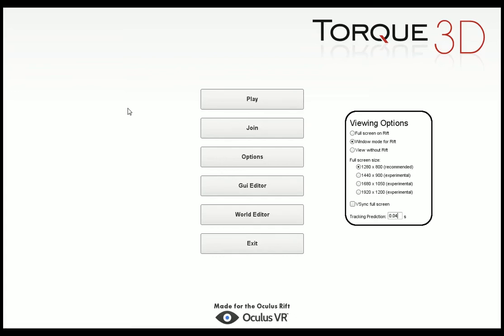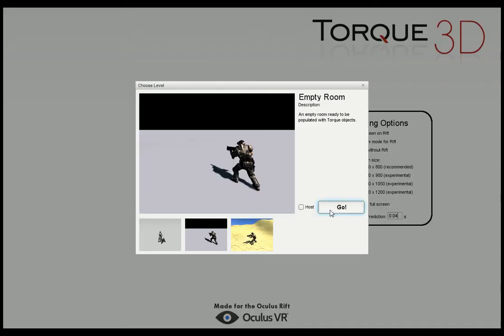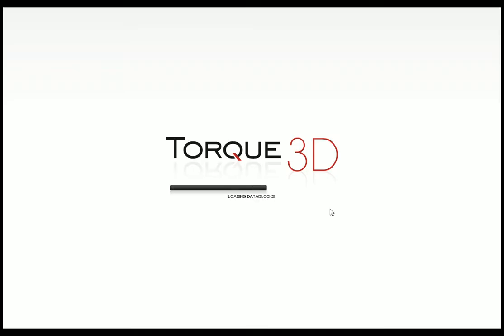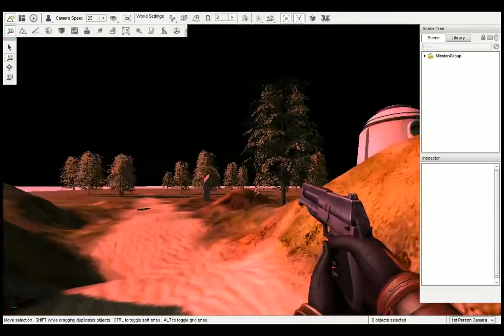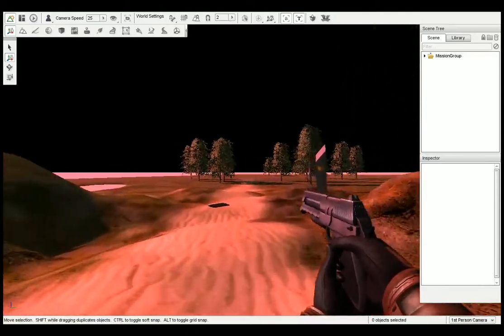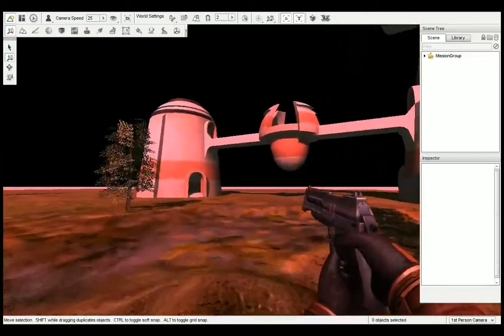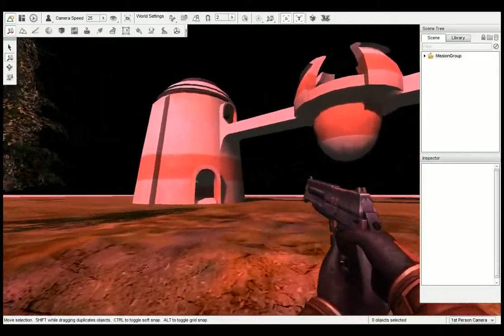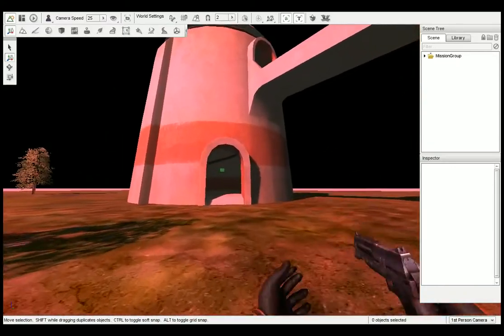Okay, so in this one we're going to have a quick look at triggers, but mostly the teleport system that's built into this game engine. So let's go to World Editor and go to the previous level that we've created. As you'll see, we've still got that previous level. So what we're going to do is find a spot to add a